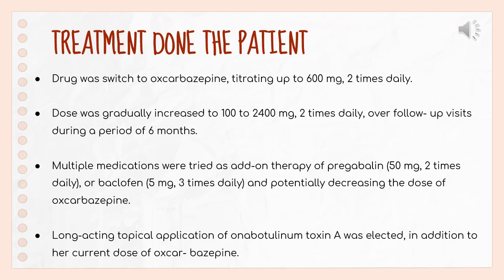So, multiple medications were tried as add-on therapy, pregabalin and also baclofen, while potentially decreasing the dose of oxcarbazepine. Even though the starting dose was small, the patient reported having excessive sedation and inability to function. She also did not want to try other oral medication because of the side effects and would not consider any surgical treatment. So this is where the long-acting topical application of onabotulinumtoxinA was elected in addition to her current dose of